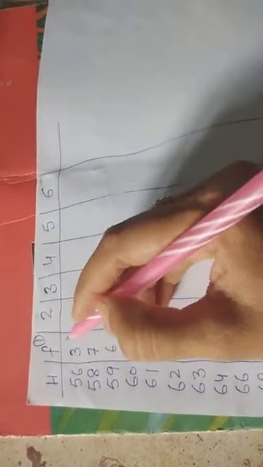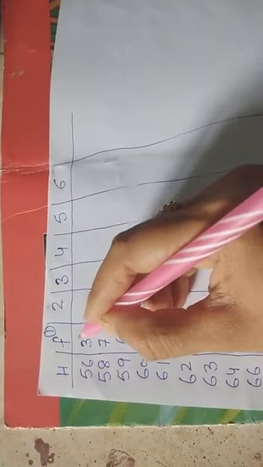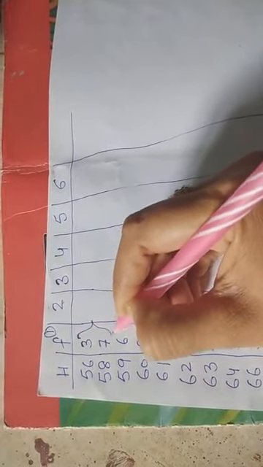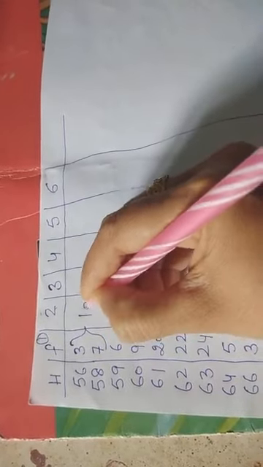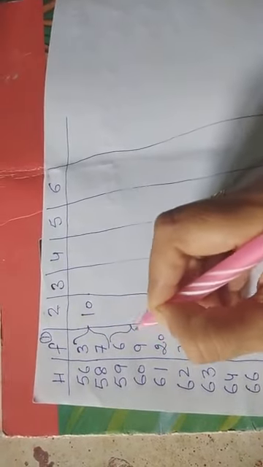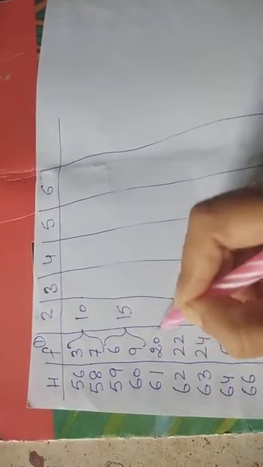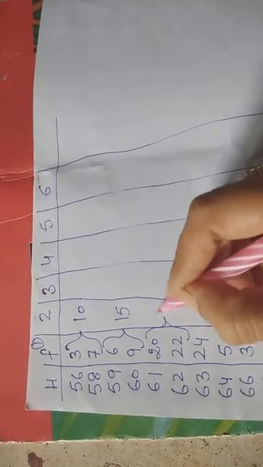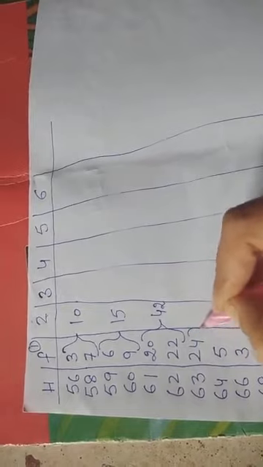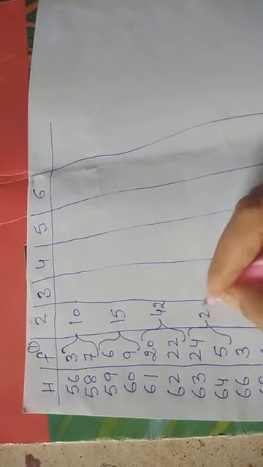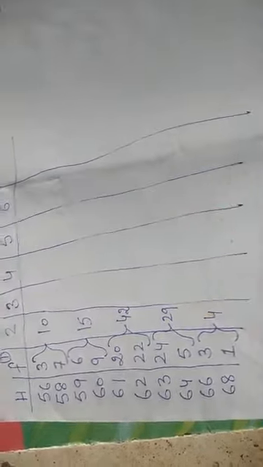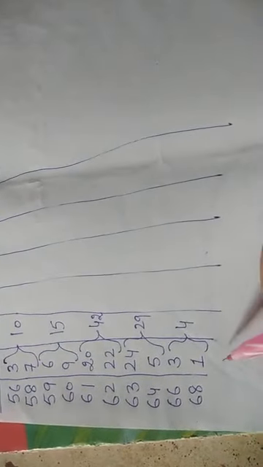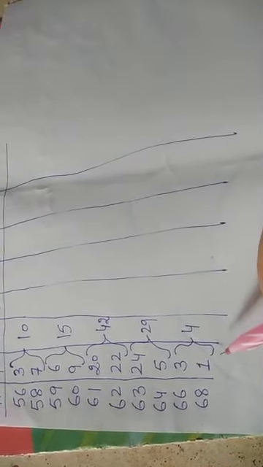Now let's understand what we are going to do. This is our first column of frequency. Now in the second column, we are going to make groups of 2 and the sum total of 2 frequencies will be written here. For example, it will be 10. The next group will be 6 and 9, 15. Next one, 42. Next one, 29. And next one, 4. Now if there had been one more frequency, we will ignore that because we are supposed to make groups of 2.